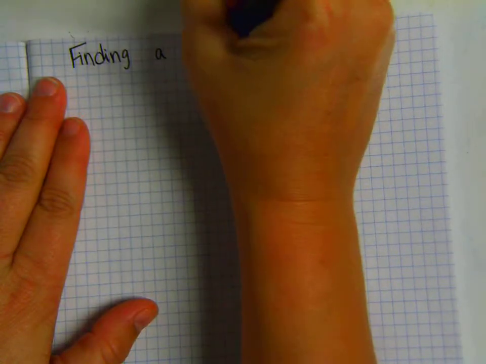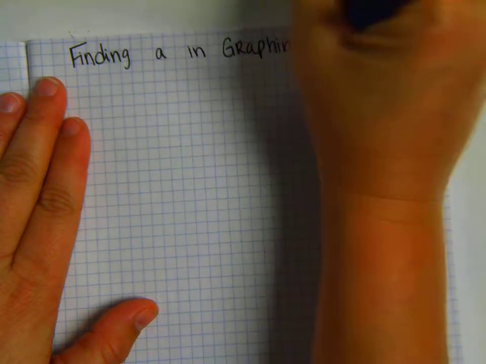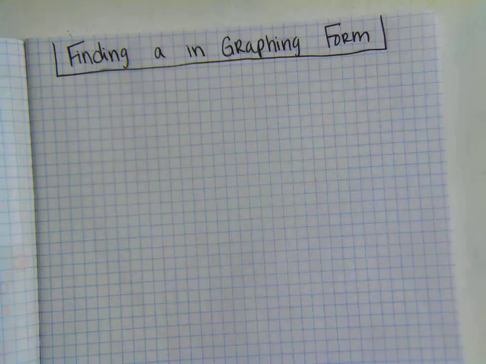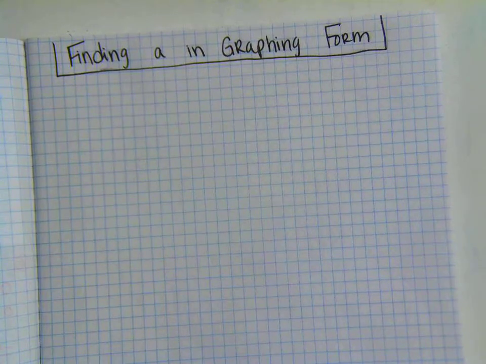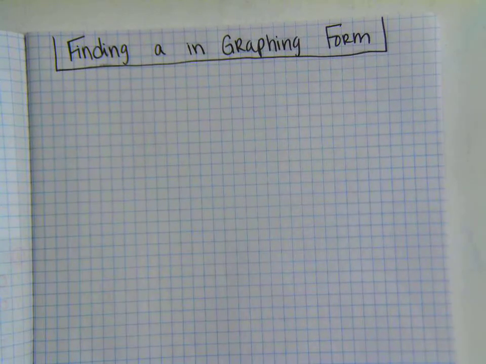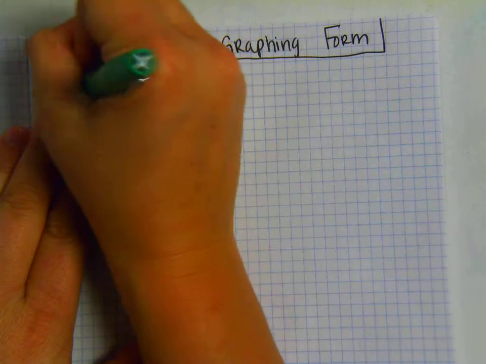Tonight's notes are going to be on finding A in graphing form. And this is on page 61. Okay, so finding A in graphing form. Our first example will be